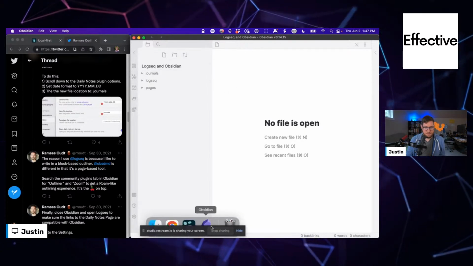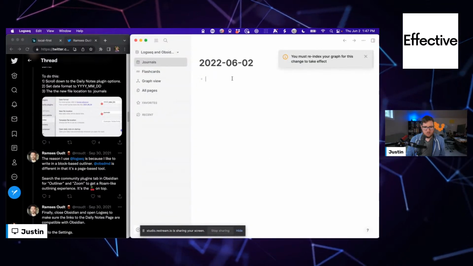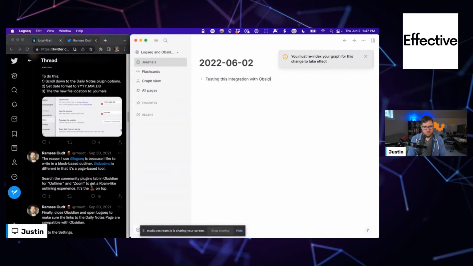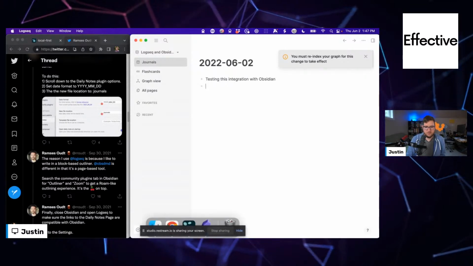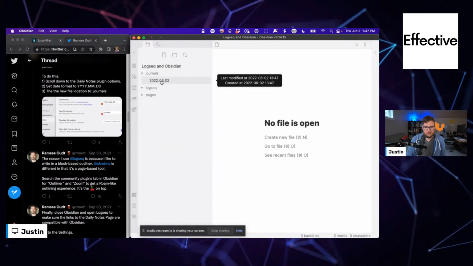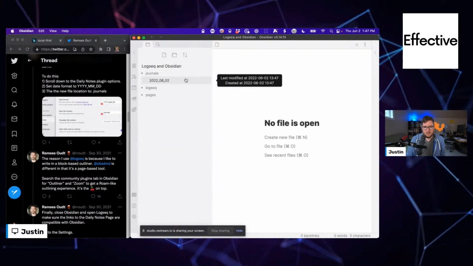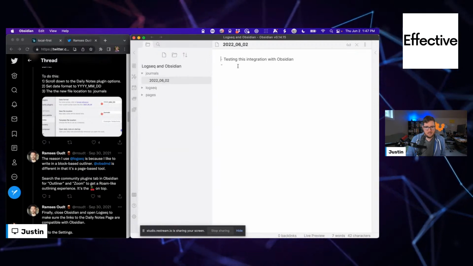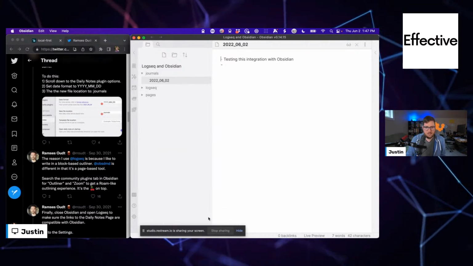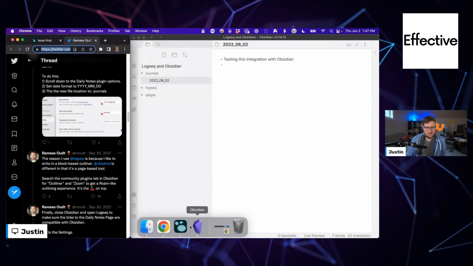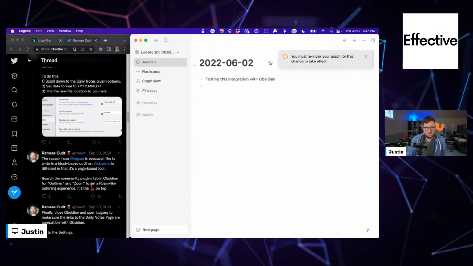Journals. All right. So, I see. That's why that is the case, because it generates the files with that, even if your date format is set differently.